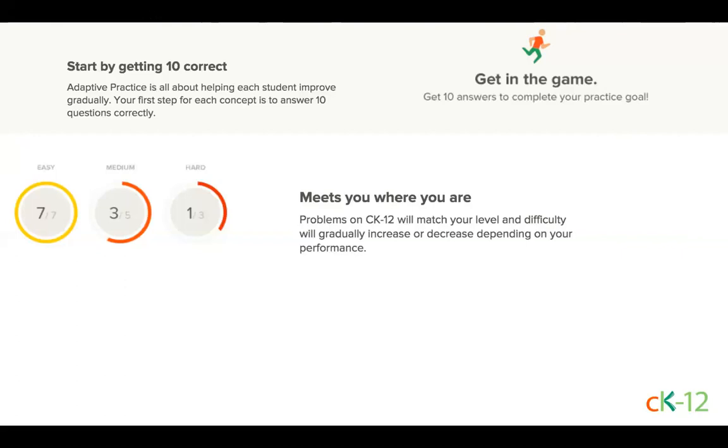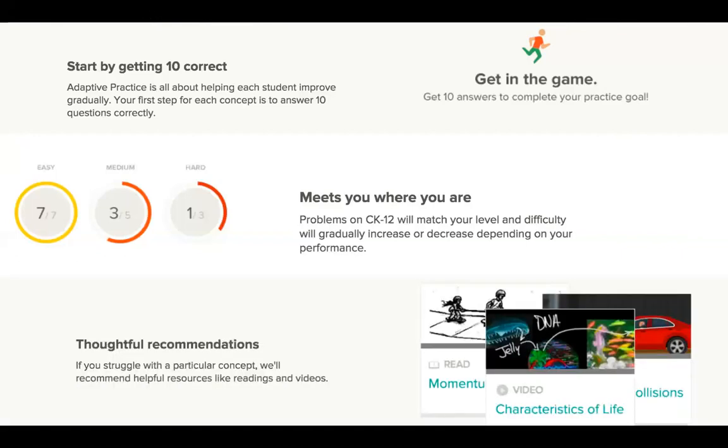Having questions that adapt to students' needs is awesome, but CK12 takes this to the next level by making content recommendations in the moment. If a student is struggling, CK12 will intervene by recommending helpful resources like reads and videos. This is really the magic to the system. If you're teaching 5 classes a day with 30 students in each class, it's very difficult to differentiate for all students in the moment. But our system's going to do the heavy lifting for you, and it ensures that students are being appropriately challenged and supported.